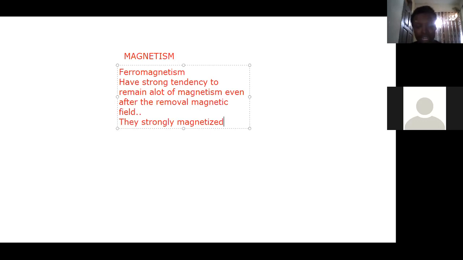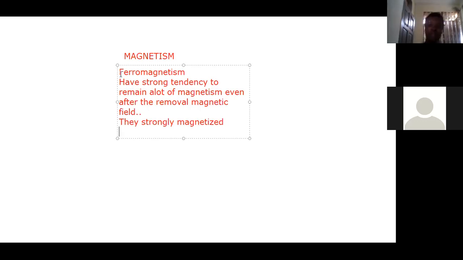When I talk about alignment, we are talking about the domains of the magnetic substance. So they align themselves in the same direction as the external applied field.